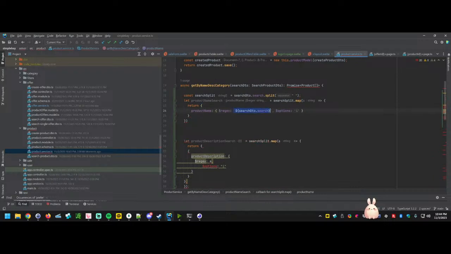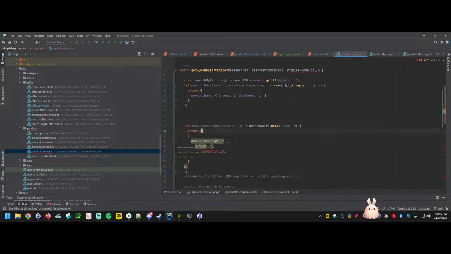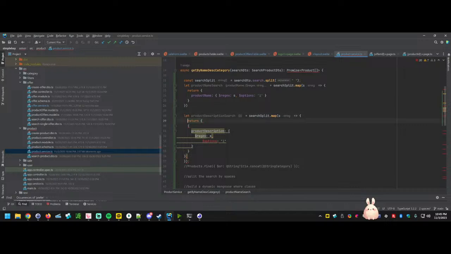That's just weird. It's the same thing. Product name, map, da da da. I don't know why it's so weird about it. I'll do the same thing up here. And then